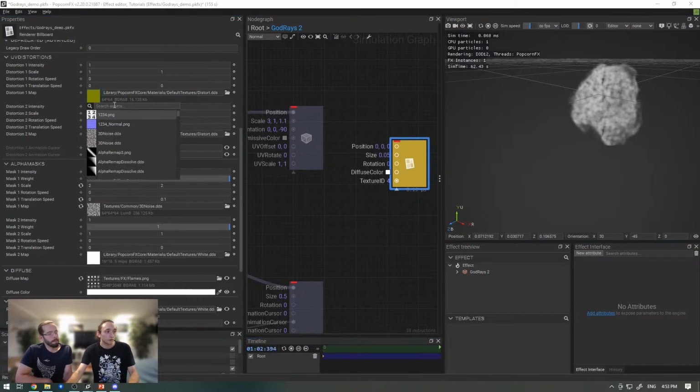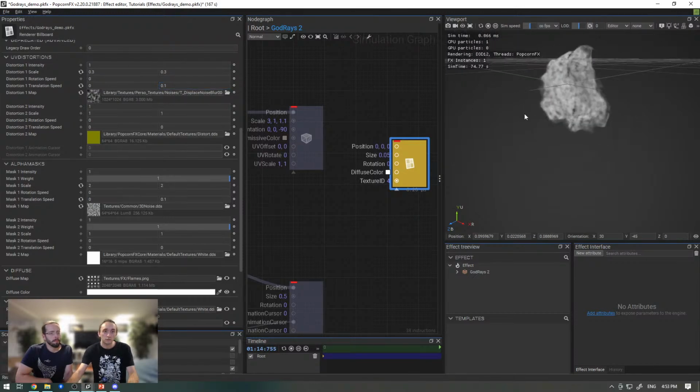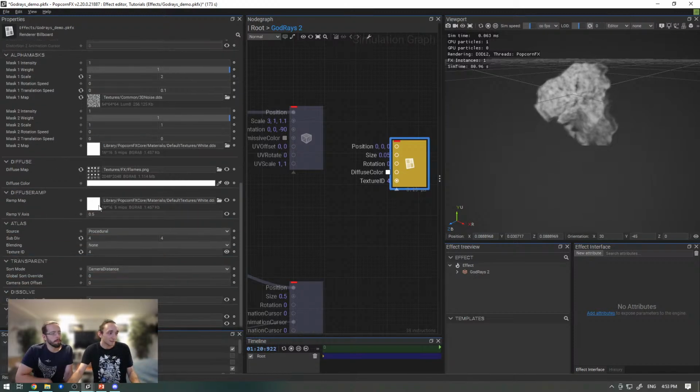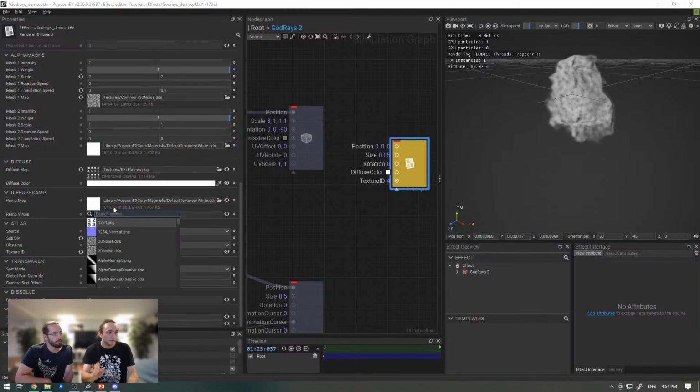So now if I just add a displace blur, this one is too blurry, I can just reduce the UVs and add an up scrolling, and this should begin to look like something that could be a flame, right? If I add also a new thing on the diffuse ramps,